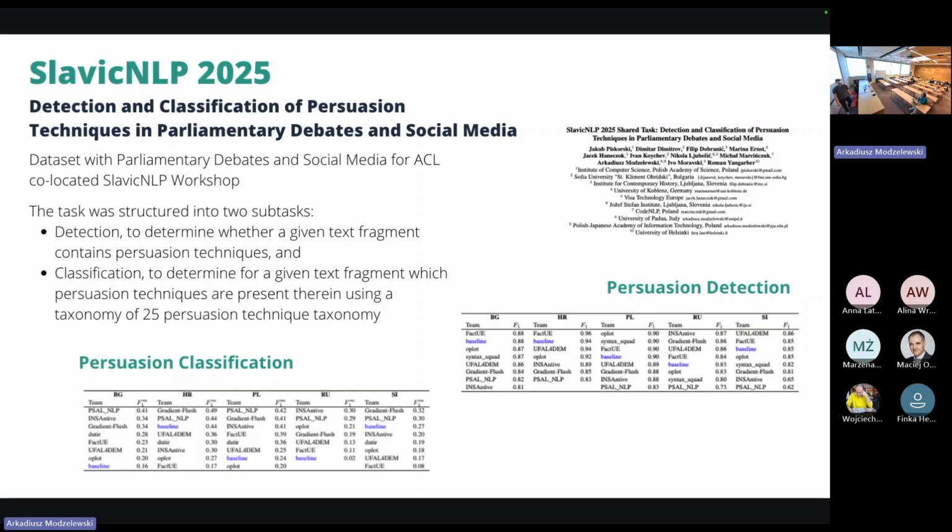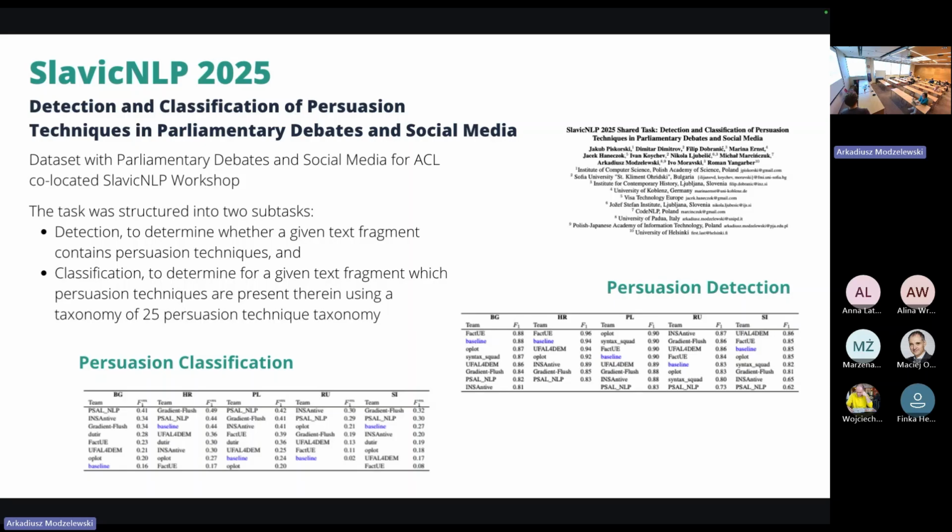Slavic NLP 2025 is also something which I worked on during my PhD studies. Actually, the leading person was Jakub, who is affiliated with the Polish Academy of Sciences. So I took part in co-organization of the shared task for Slavic NLP 2025. And we had two different tasks: to detect persuasion, so a binary problem, and also persuasion classification, multi-label classification on a